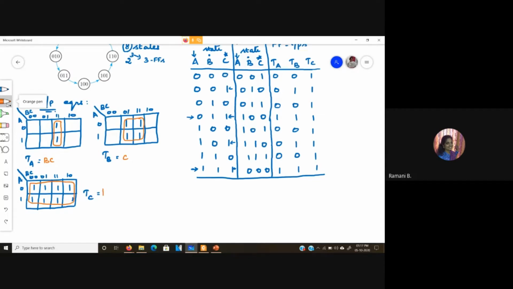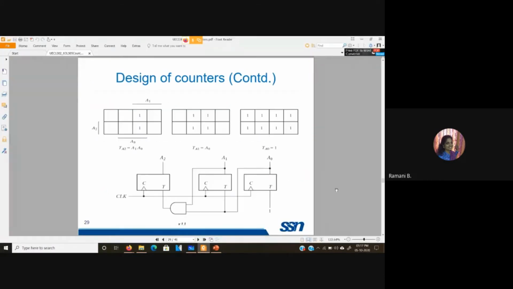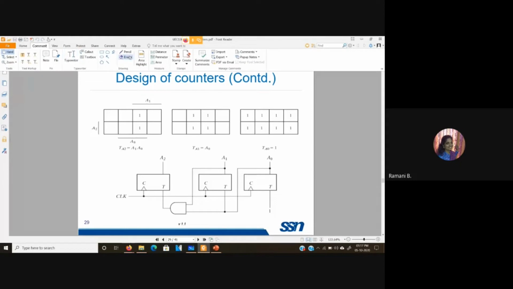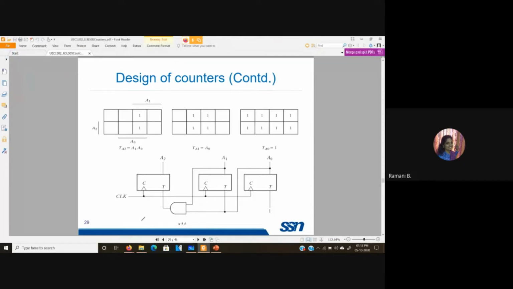Okay. So the diagram for this is like this. So here instead of A, B and C, actually this is denoted with these values. Maybe you can change it.